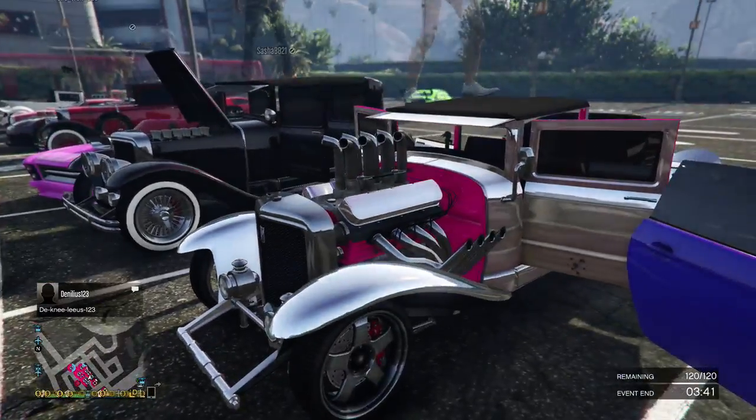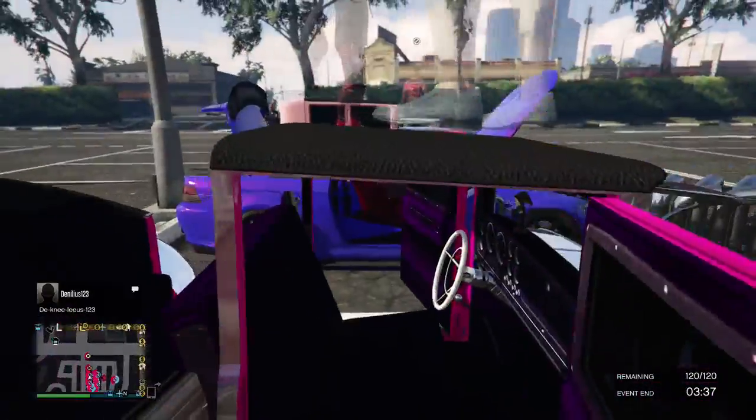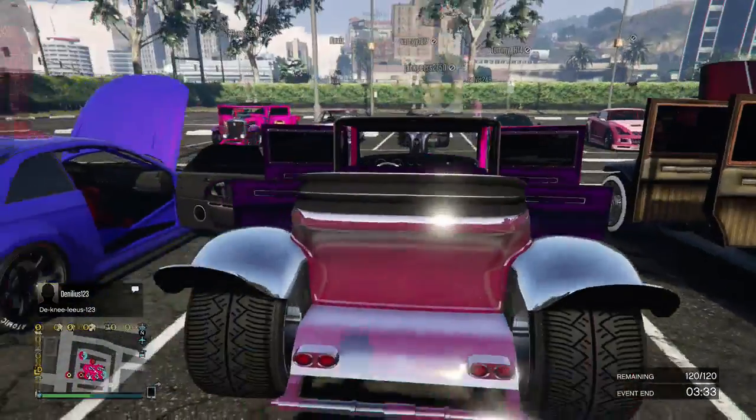The heck? Up next, what car is it? Am I missing something here? Oh, this is the Frankenstein. I was like, what the heck? So up next, we've got Danskin 93, who brought a...